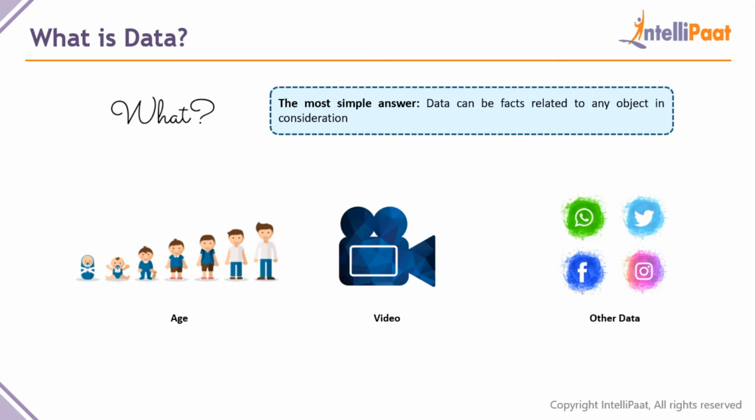So, data can be age. Age is a data. You can put that in numerics. You can put that in a form where people can take note out of it and make sense out of it, because age can be anything from 0.1 all the way till 100 and much more as well, right? So age is a numeric in which we can gauge something and get something out of.